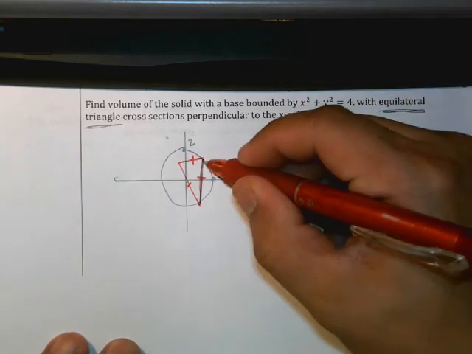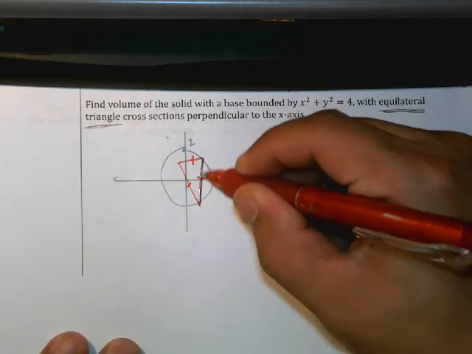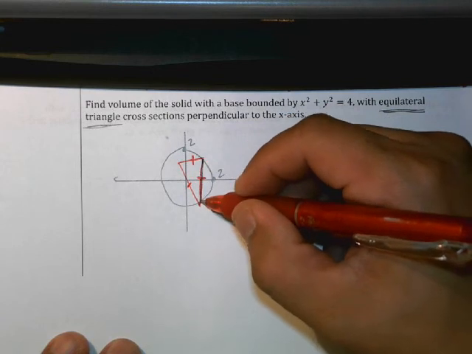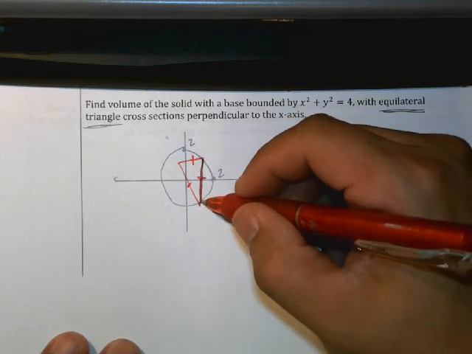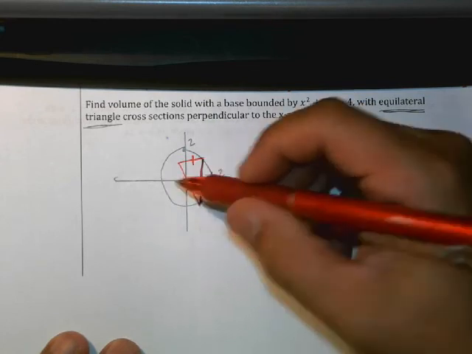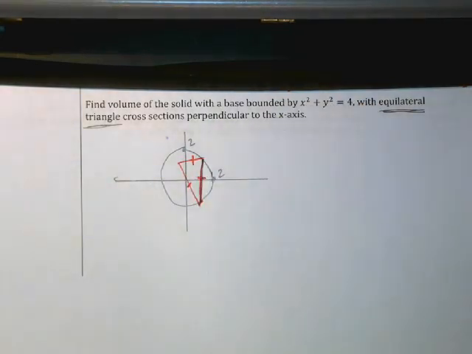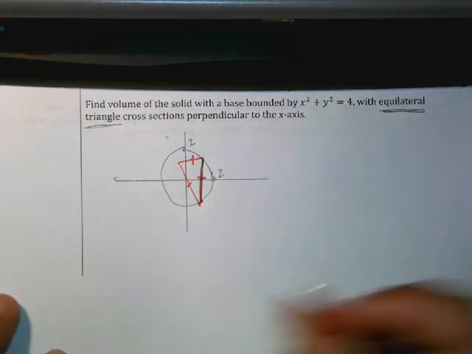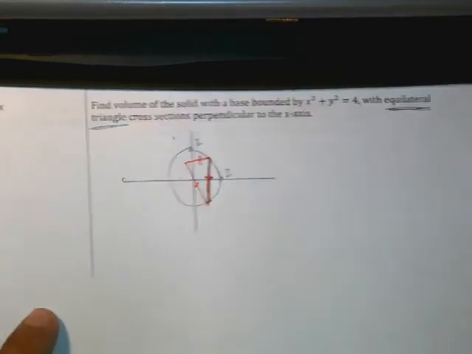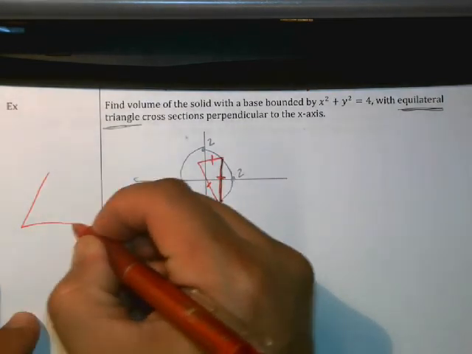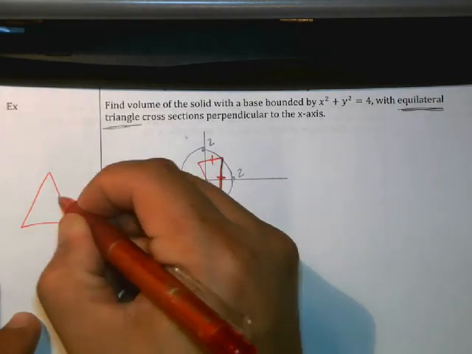Now the distance of the side lengths of each of these equilateral triangles is dependent on where it is on the base. So if it's near here at 2 or near -2, it's going to be very small, and if it's towards the middle here, then it's going to be very big. So maybe we should talk a little bit about how to find the area of an equilateral triangle. So let's call one of these side lengths